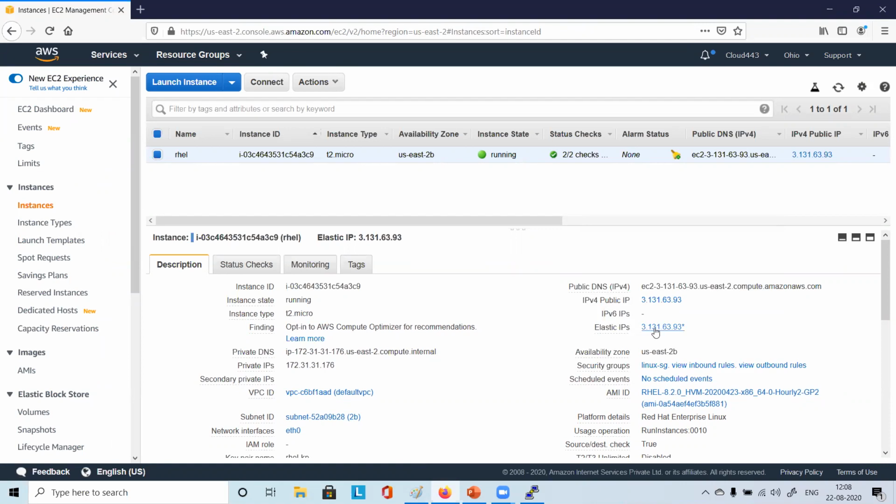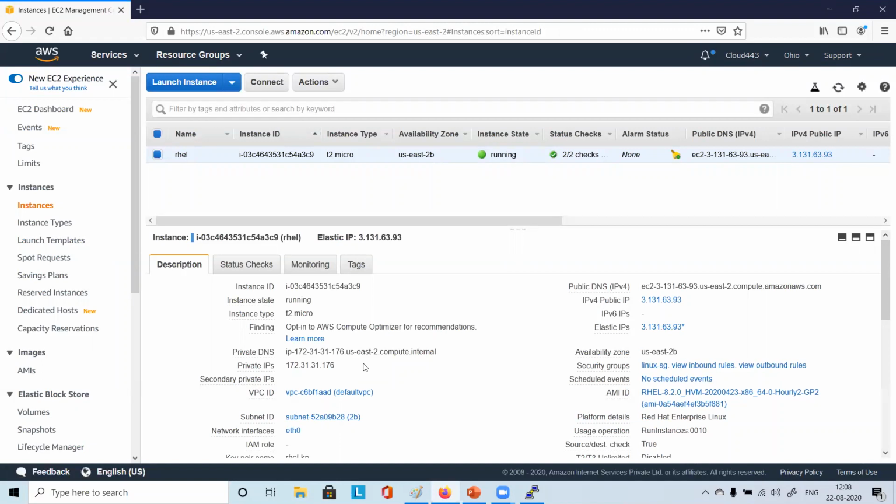Just check for you also. Yes, Harish, in place of the elastic IP, some IP address has come, right? Subha? Yes. Okay, perfect. See here, the private IP is shown on the left side.